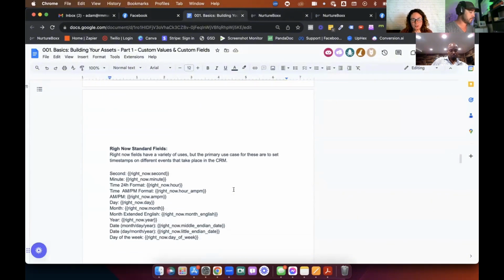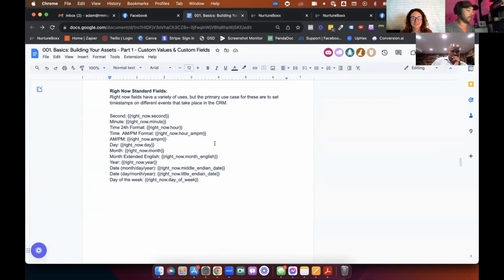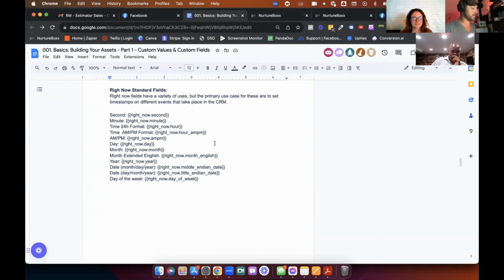Awesome. And then you've got right now standard fields. Now, I didn't think these were particularly useful until I started getting a little bit creative with them. But man, is there a lot of creative use cases for this. One use case that I will give everybody as a freebie is creating custom memory keys if you're using AI. You can use the right now date fields to create a unique number